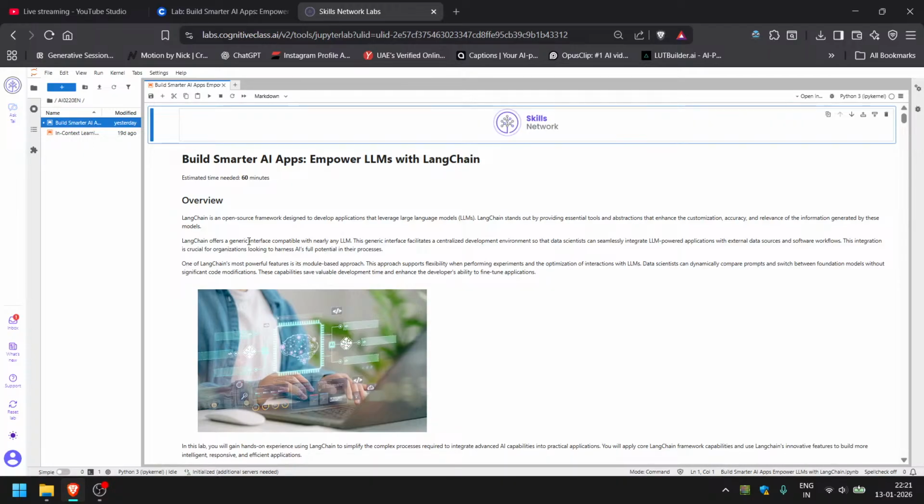One of Langchain's most powerful features is its module-based approach. This approach supports flexibility when performing experiments and the customization of interactions with LLMs. Data scientists can dynamically compare prompts and switch between foundational models without significant code modification. These capabilities save valuable development time and enhance developers' ability to